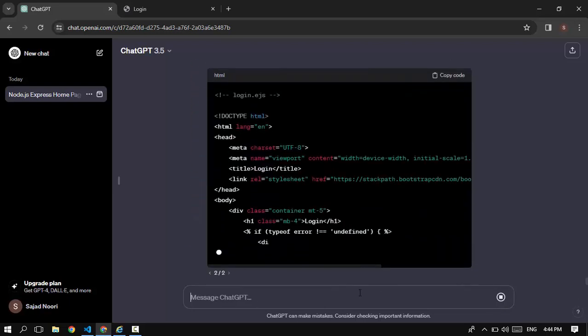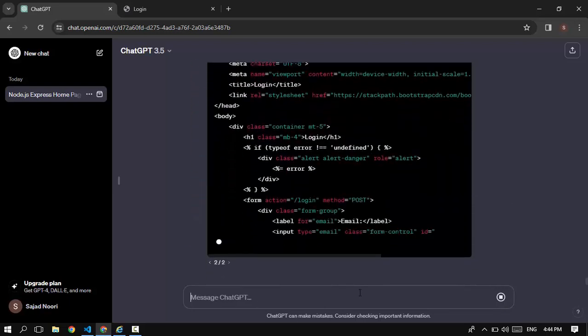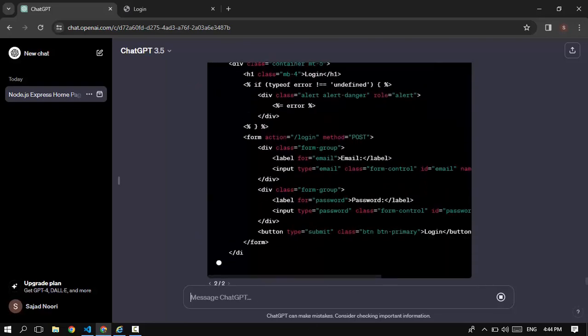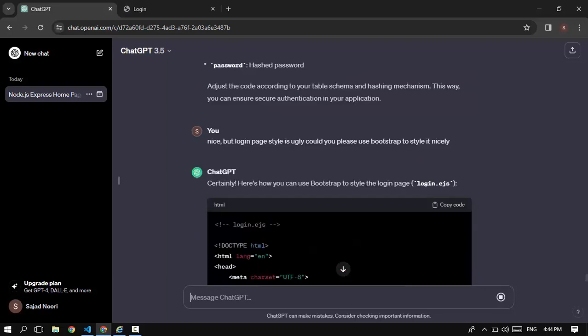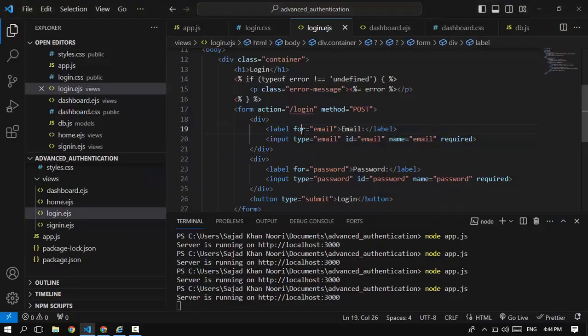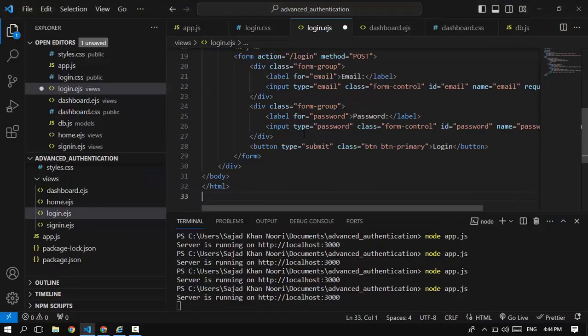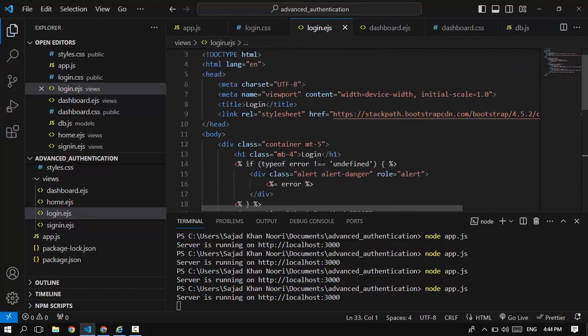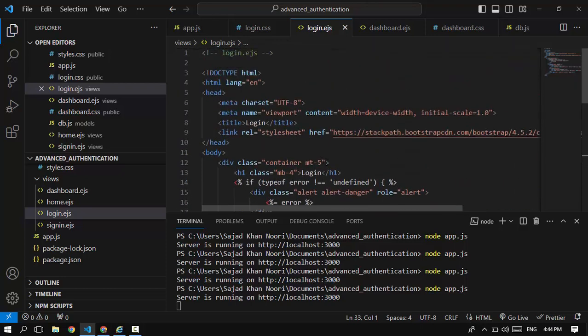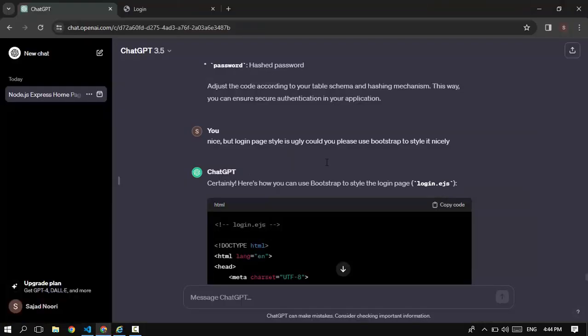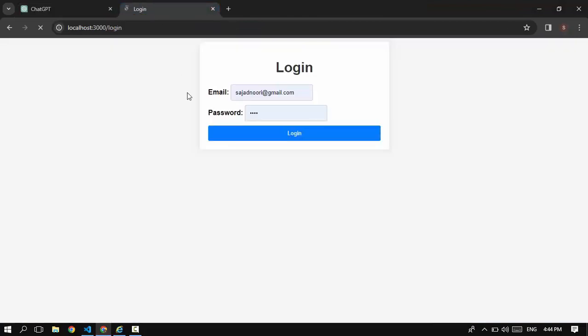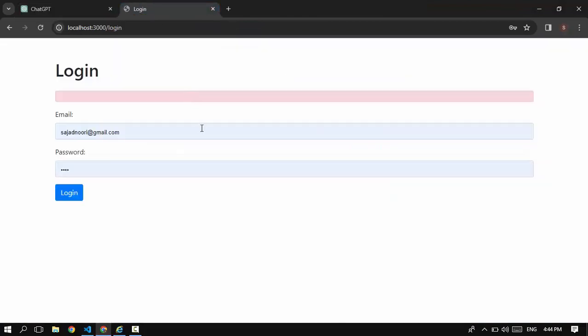You know that ChatGPT will never say no. It will all the time say yes. Copy this. Go to login.ejs, select all of this, and replace it with the new code. We even have the error one. That's awesome. One more time, if I go and refresh it, this seems to be okay, but there we have something red,